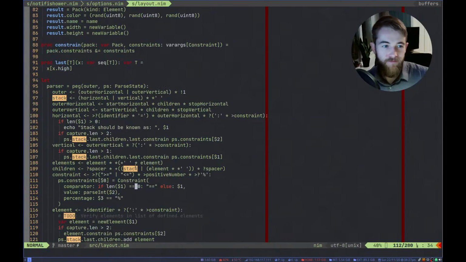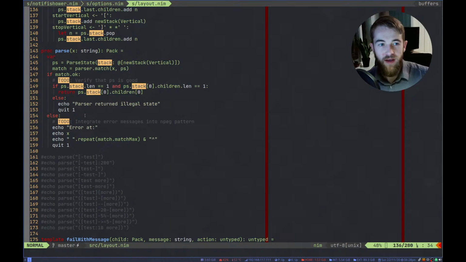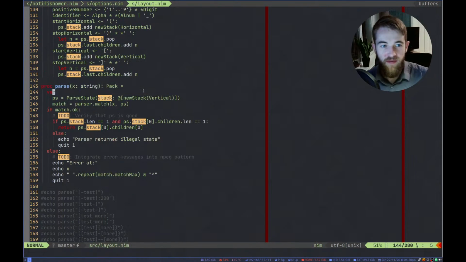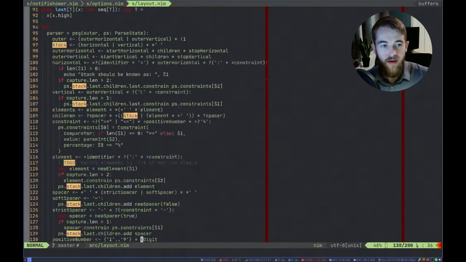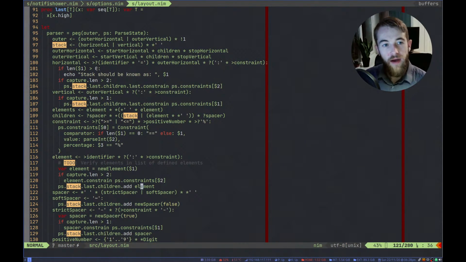I could theoretically run this parse function and then pass the result into the different things, but yeah. I mean, the parsing is so fast anyways. So that shouldn't be causing any issues for us, I don't think.